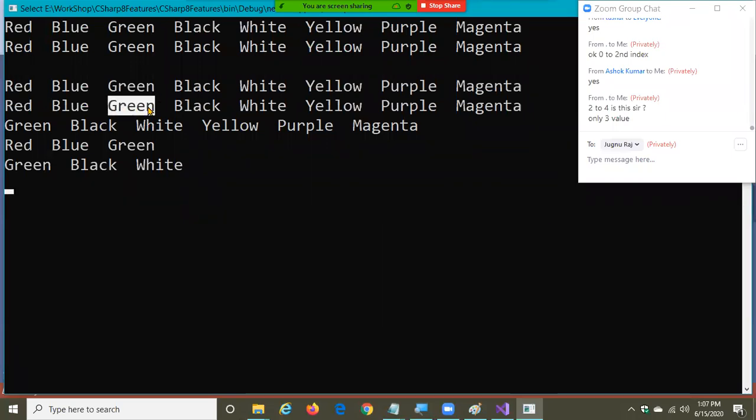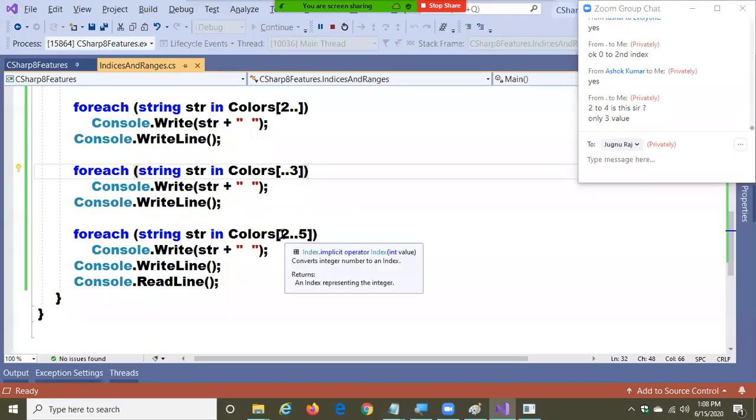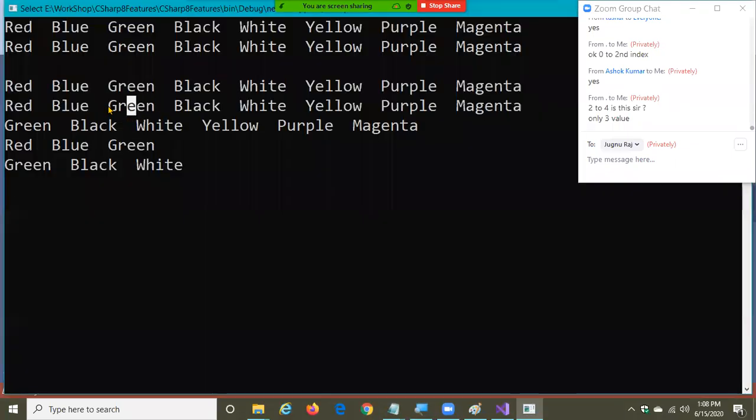Starting from index position 2 and up to the count value 5. This 5 means the count will be 1, 2, 3, 4, 5. But the starting index is going to be the second. So it will start from index position 2 and count up to the fifth value. Are you clear?